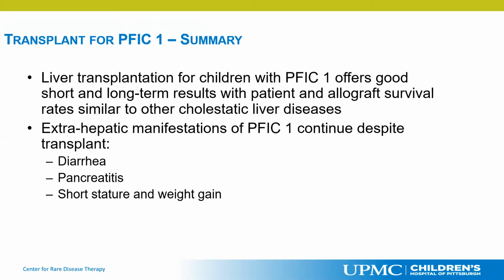So in summary, contrary to what some studies show and what some people say, liver transplant for children with PFIC1 offers good short and long-term results. They have good patient and allograft survival, and it's similar to survival rates with other cholestatic liver disease. That's not to say that the children and adults don't have issues. It's a systemic disease. They do have extrahepatic manifestations of PFIC1, and those are manifested mostly as diarrhea, pancreatitis, and